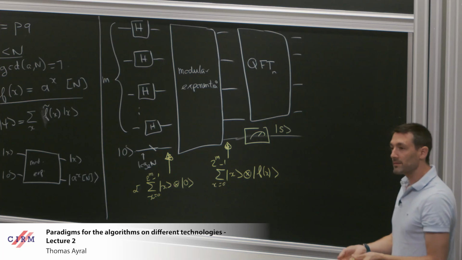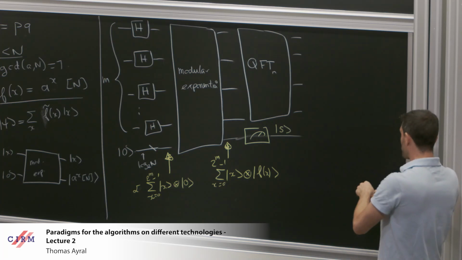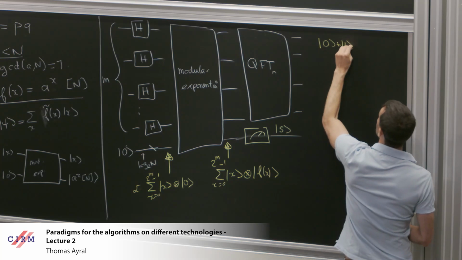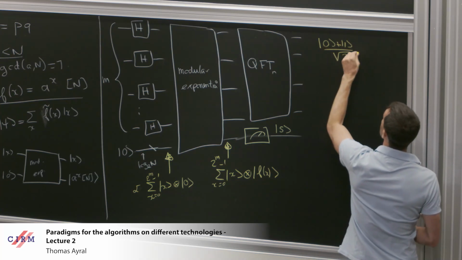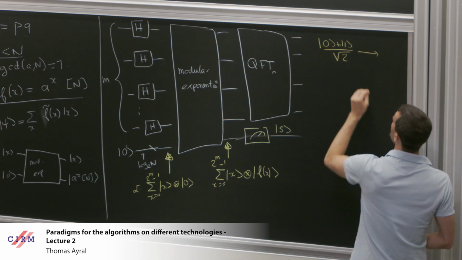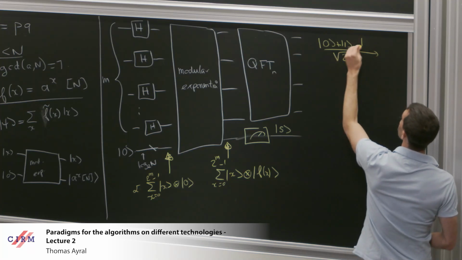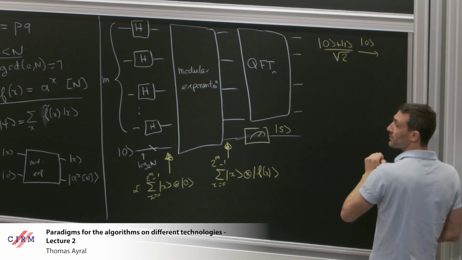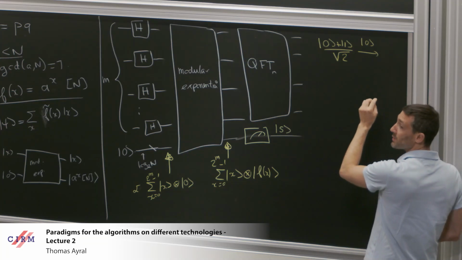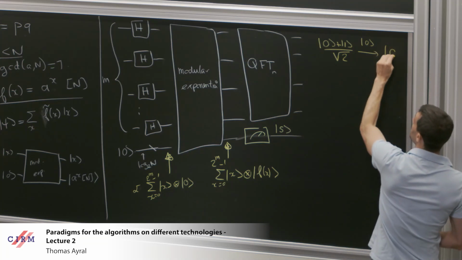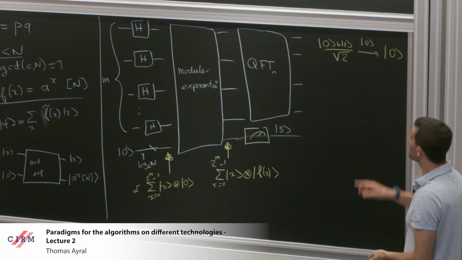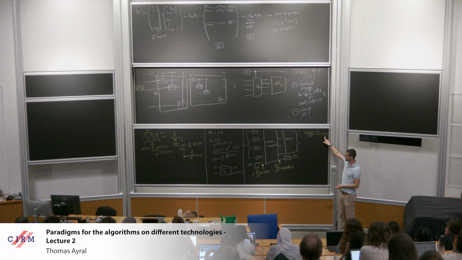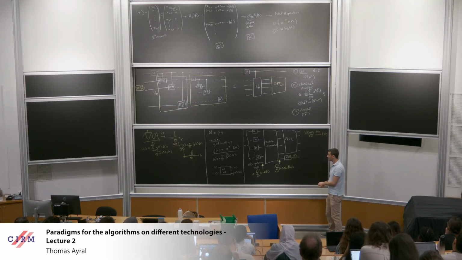And we know that, so let's take a simple example to make it clear. Let's say I start with the state (0 plus 1) over square root 2, and someone tells me, oh, my state after measurement is 0. Then what it means is that after my measurement, the quantum register is in which state? It's in state 0, right? That's what I know. If someone tells me, oh, I get 0 as a result, it means my state after the measurement is 0. So here, if I tell you my state is S,